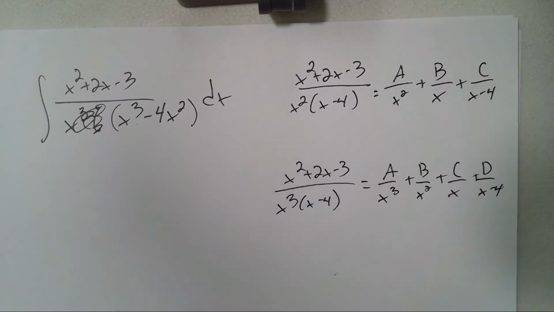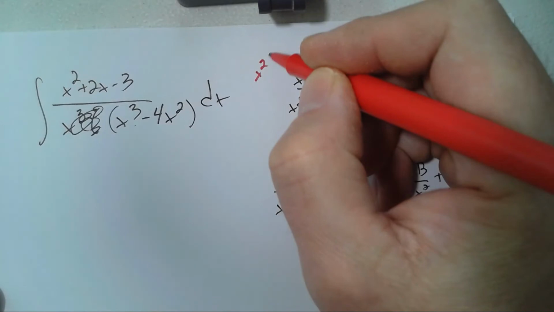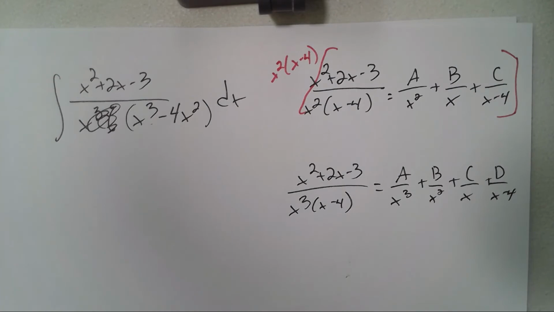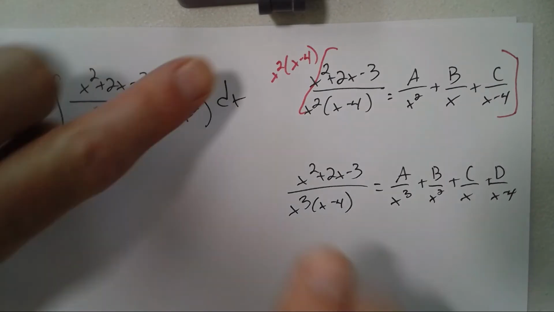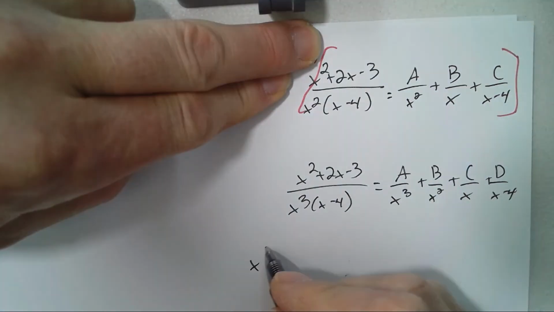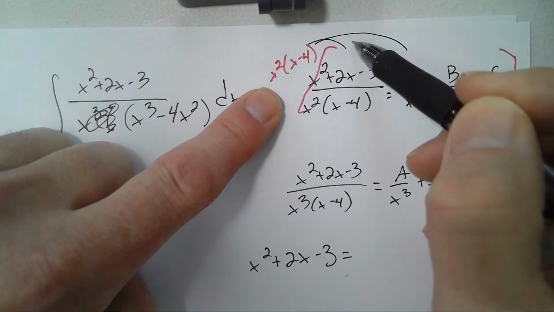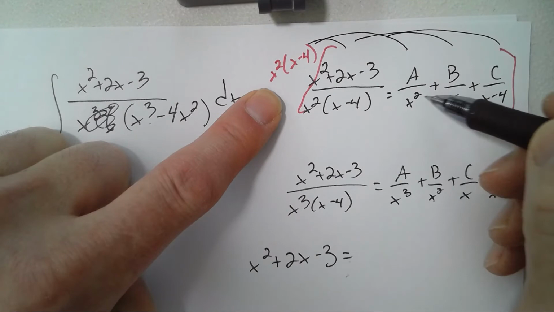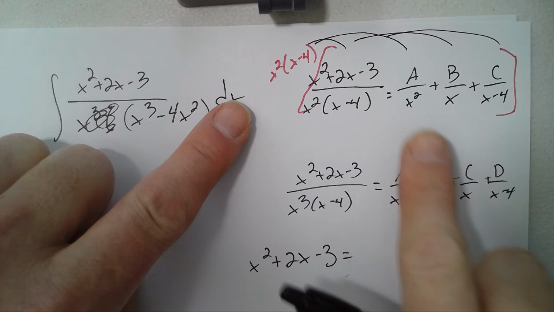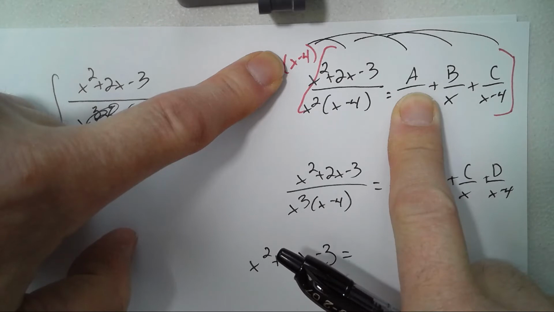I'll do this top one because that one's going to be a lot of work. So you're going to multiply x squared times x minus 4 on both sides. So these will cross off on the left. So I have x squared plus 2x minus 3 equals. Now we're going to distribute it to each of these. So these x squareds are going to cross off for this one. So it'll be A times x minus 4